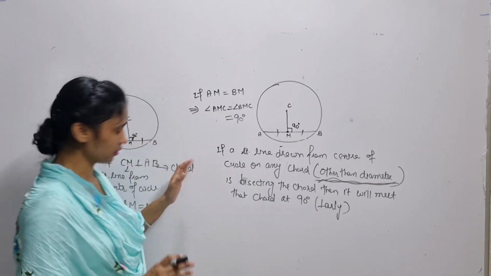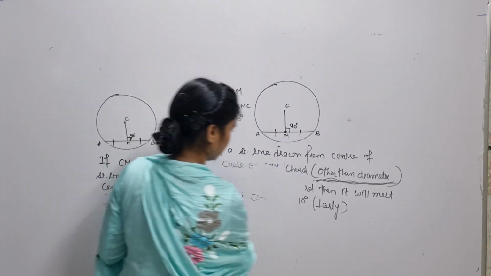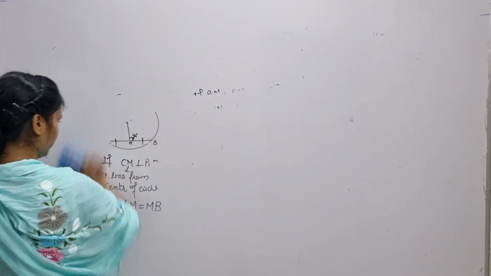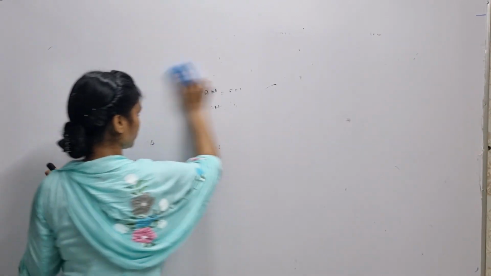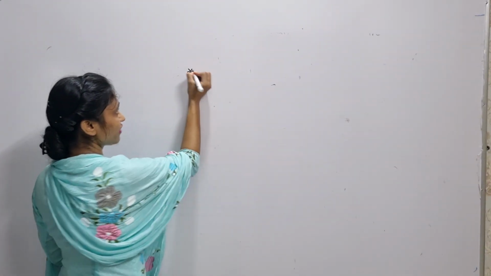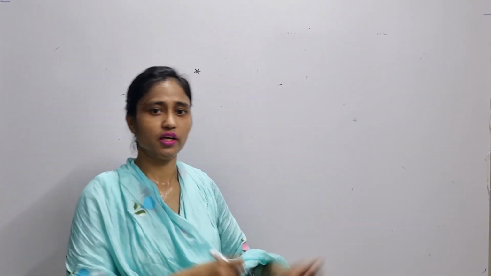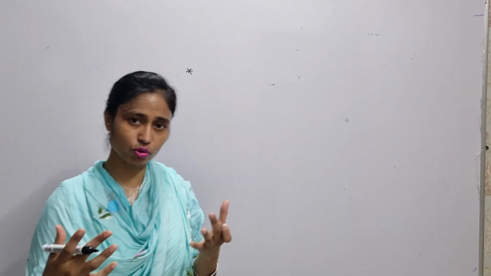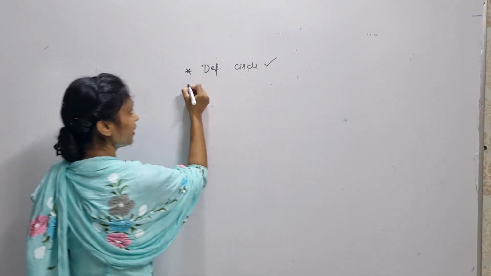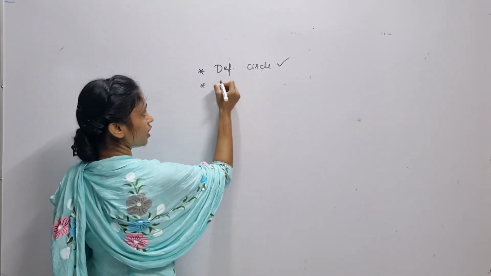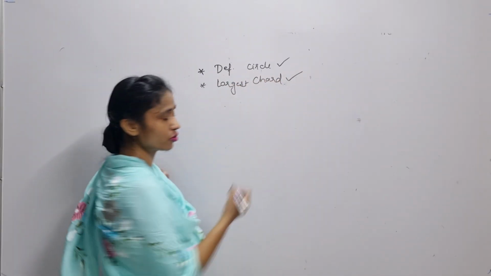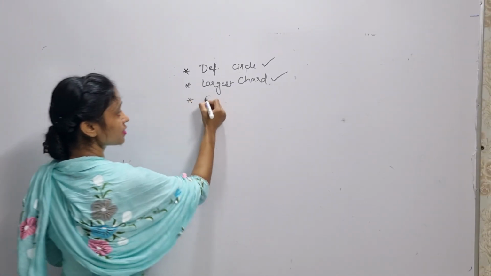Okay, so I would like to recapitulate it. अभी तक हमने क्या डिस्कस किया है वो एक बार थोड़ा देख लेते हैं ब्रीफ में। ओके, द वेरी फर्स्ट रिवाइज कि आपको ये सारा मैं पॉइंट लिखने जा रही हूँ, आप माइंड में रिवाइज करना कि ये सारे कंसेप्ट आपको क्लियर हो गए। द वेरी फर्स्ट मैंने डेफिनेशन लिखी थी सर्कल की, इज इट क्लियर टू यू? ओके, देन उसके बाद लार्जेस्ट कोड के बारे में बात की, वो आपको पता होना चाहिए लार्जेस्ट कोड क्या है।